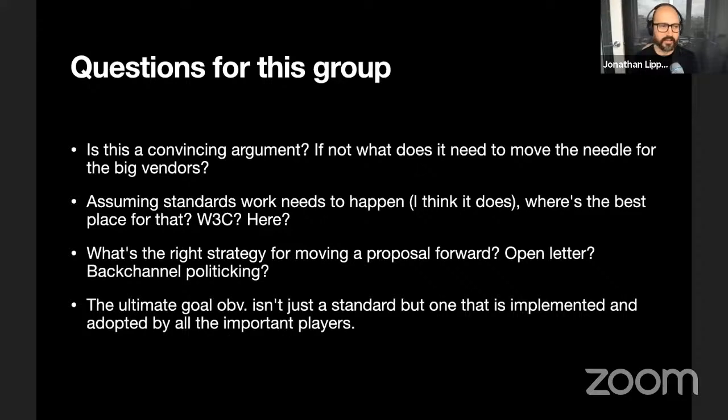Like if the vendors aren't on board, then it doesn't matter that there exists a standard if not everyone's adopting it. So I'm almost wondering if the order of operations is: get buy-in, and then see what forum will be most agreeable to the set of people who are going to need to